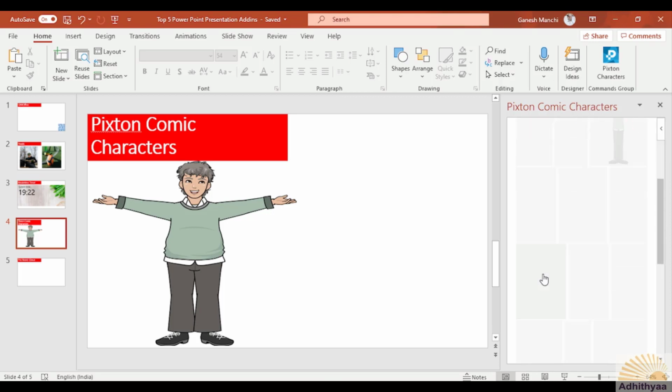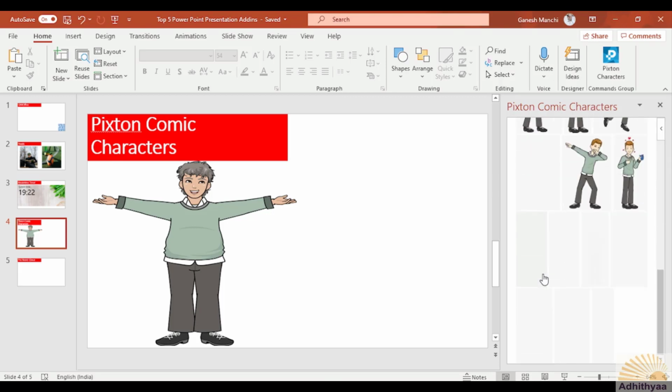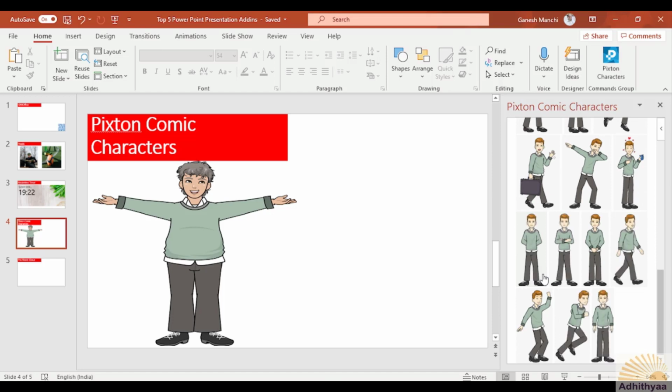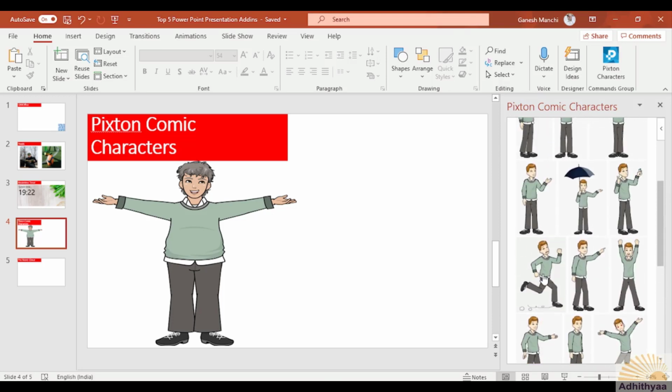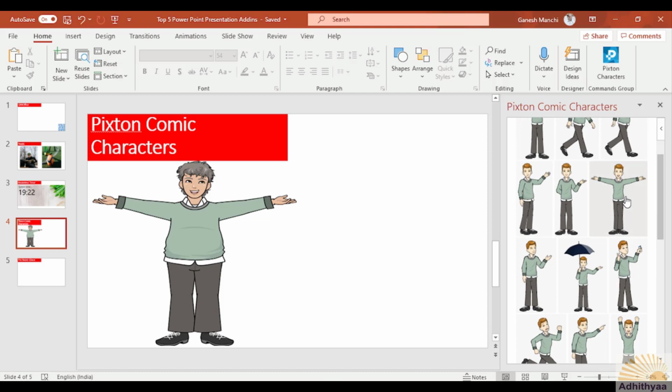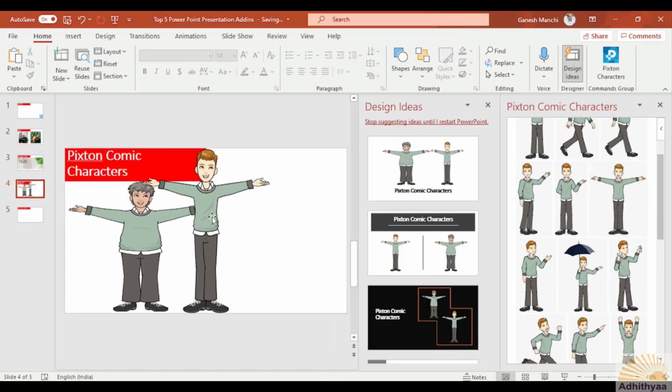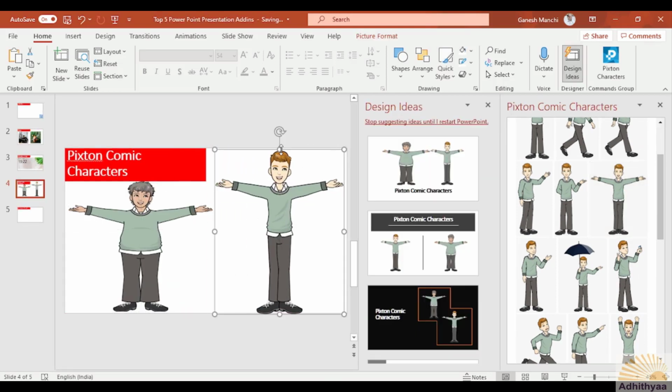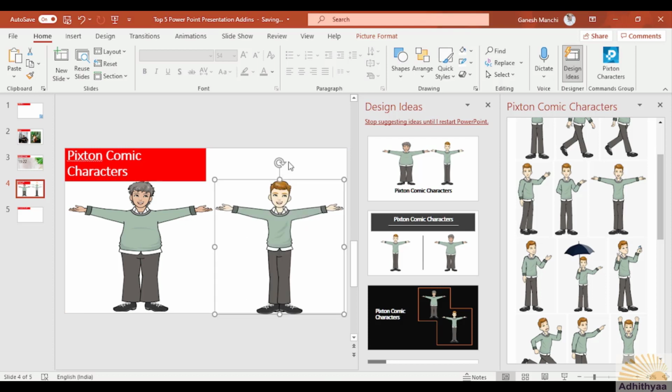What kind of pose do you want? Let me see. Do I have something similar? Oh yeah. Look at that. After doing some workouts for about a month or so, the gentleman in the first comic has become like this. Okay, good.